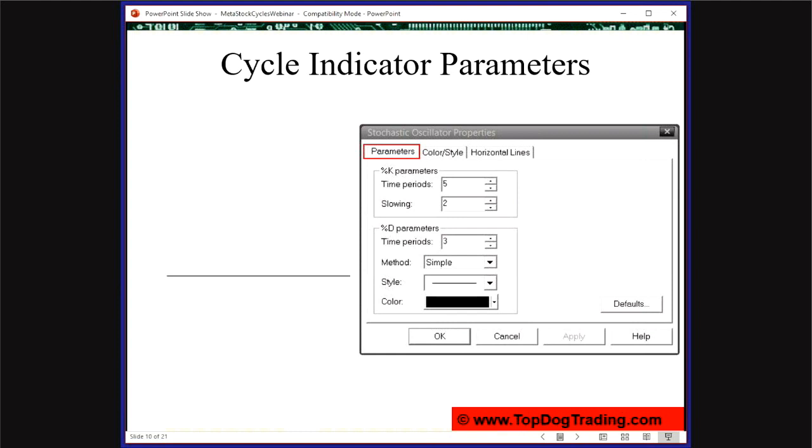So we pull up on MetaStock, I'm sorry, MetaStock, the stochastic oscillator properties. By the way, I don't use MetaTrader. I don't know why I said that. MetaStock has much more flexibility on how to do this stuff, and we need that flexibility. So you don't want to be with a charting platform that limits you too much.